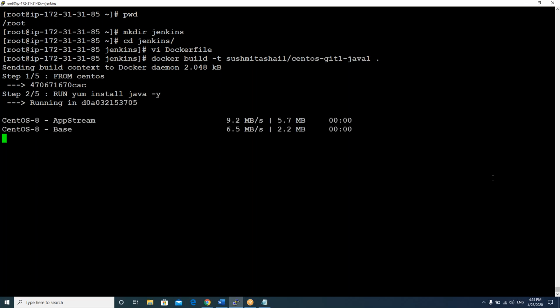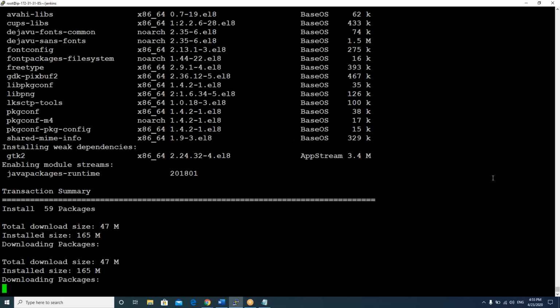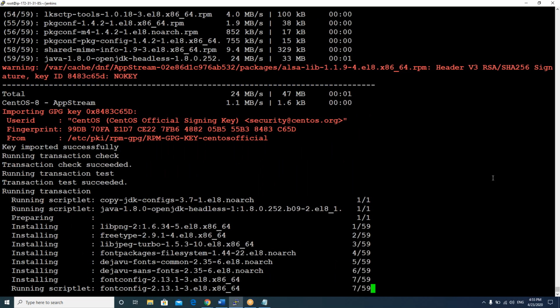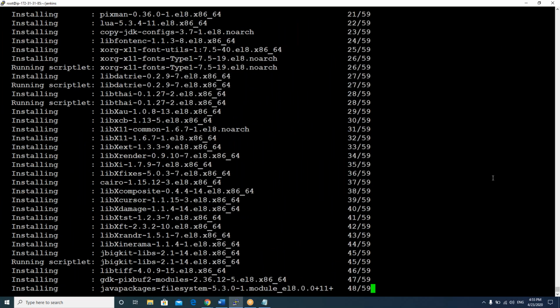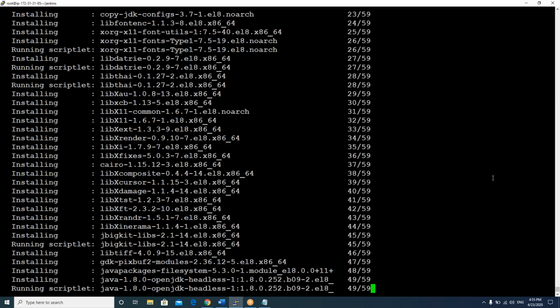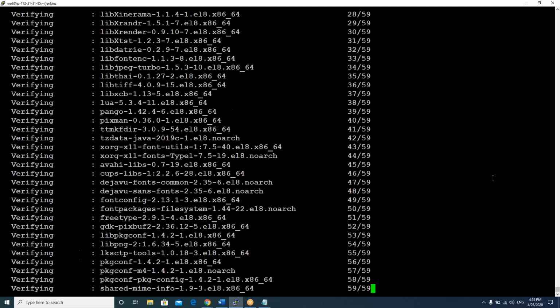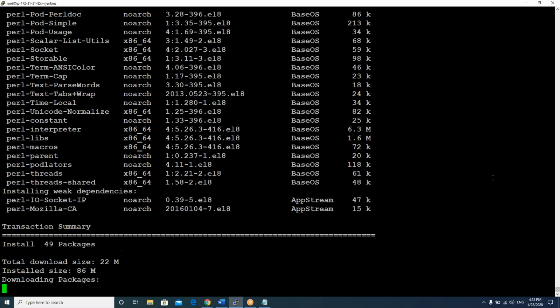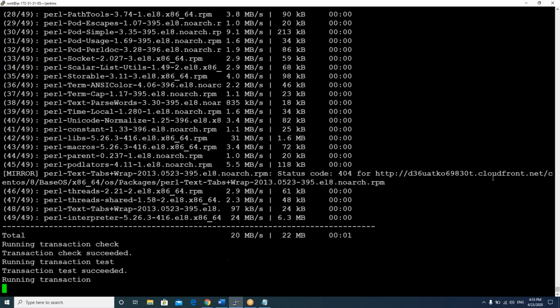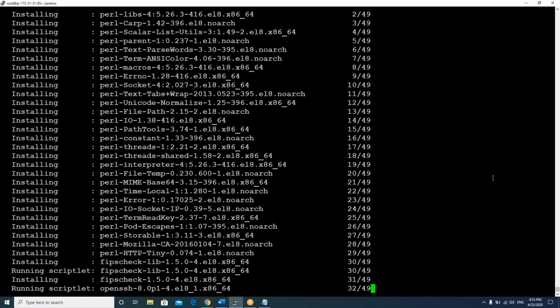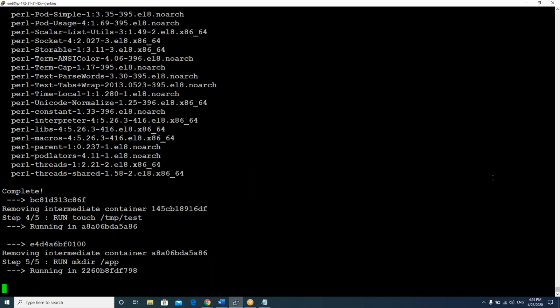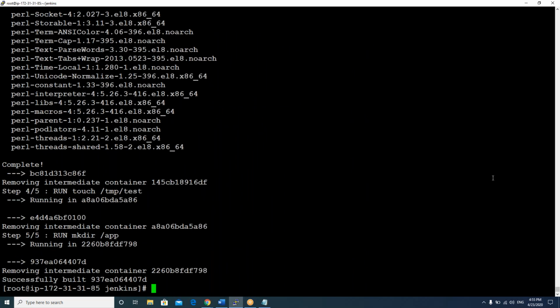So what will happen when you run this command? It will check the Docker file. What is the first command? FROM means it will take a base image. What base image have you taken? CentOS. It will take the CentOS image and build a container, then go to the second step. What is the second step? Install Java. Yes. So on top of that container, Java will be installed. Again, one more container will be created, and the old one will be deleted.